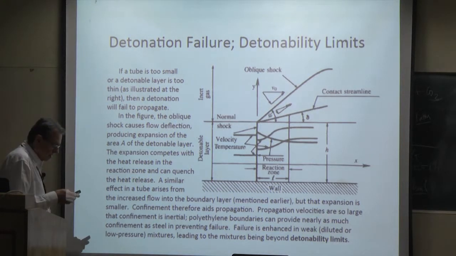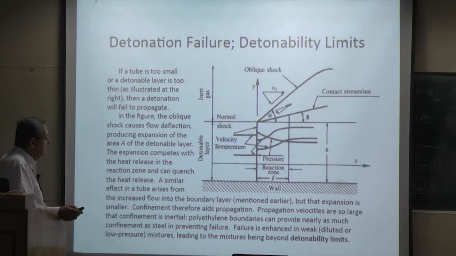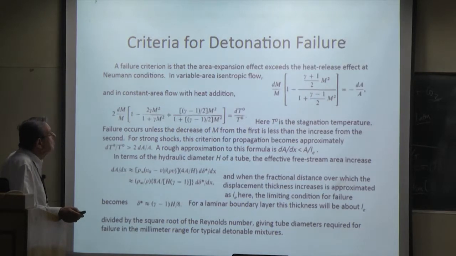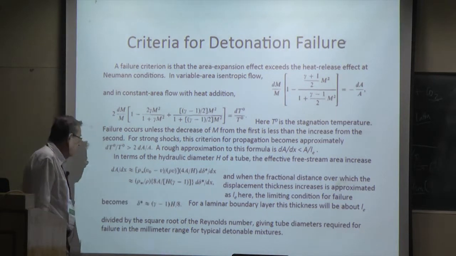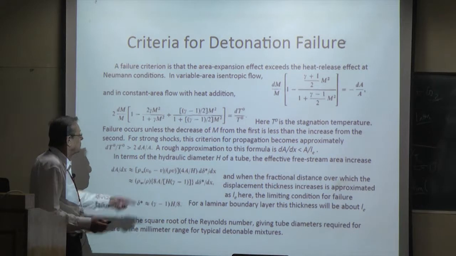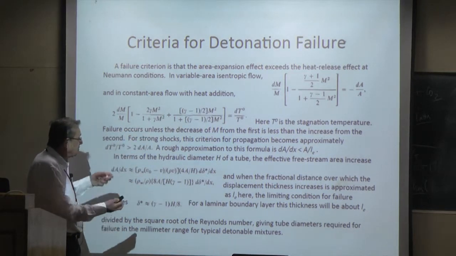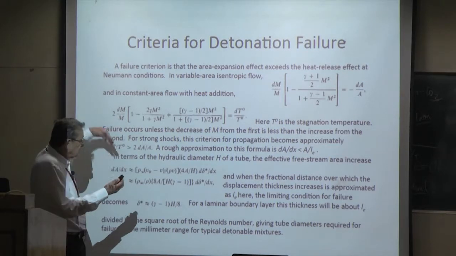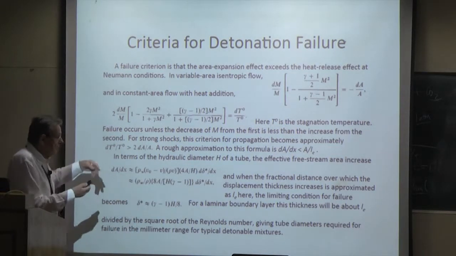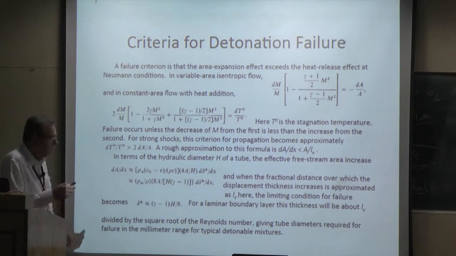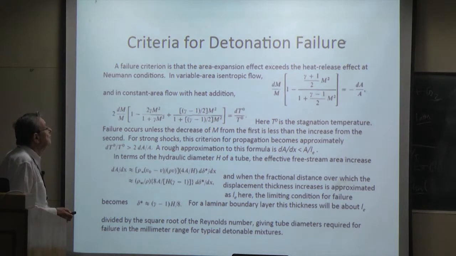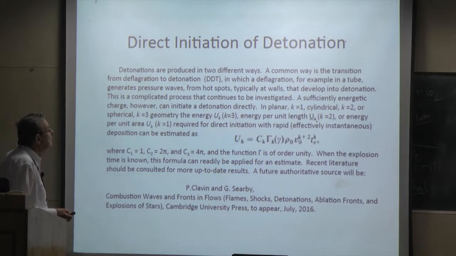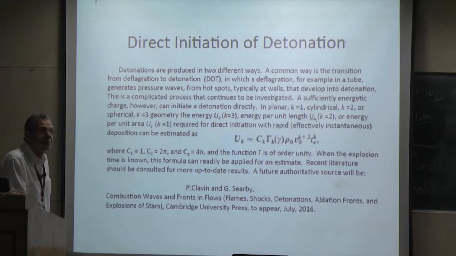And so there are approximations then for detonation failure that are discussed in the reading material for the course, and it leads to, in terms of the hydraulic diameter, expressions for tube diameters, the corresponding effect of the expansion due to the flow from the free stream into the boundary layer in the tube that lead to detonation failure. So there are detonation failure conditions as well. The only thing I would finally say is that